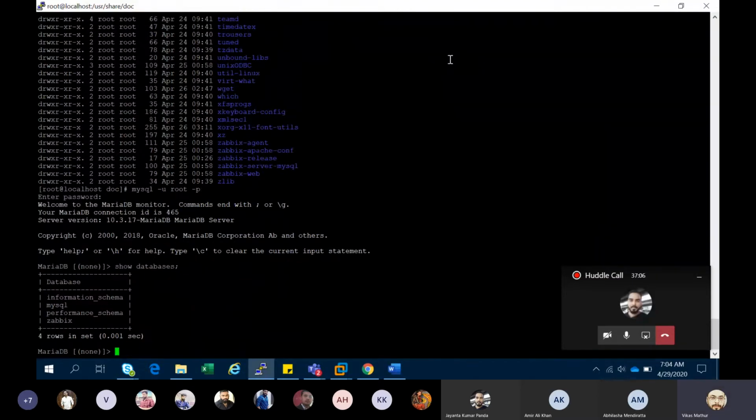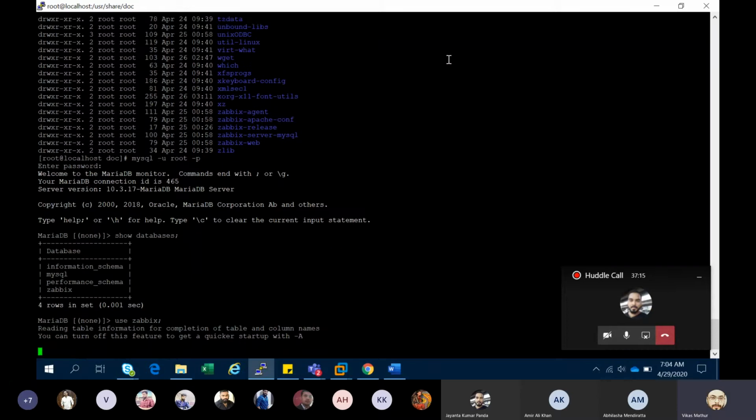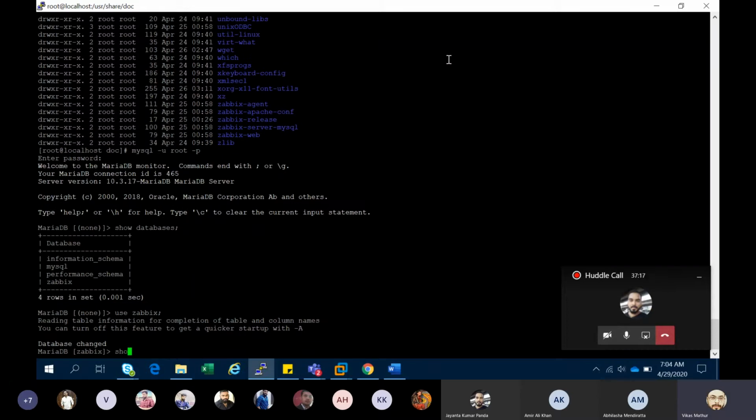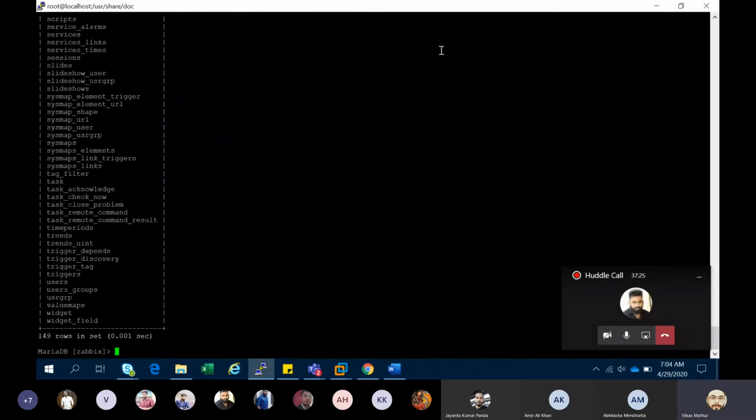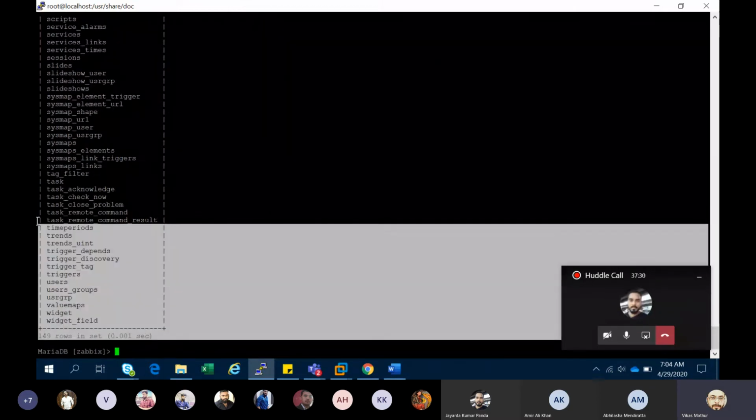This is my database, MySQL performance. These are the schemas. There are two databases, MySQL and Javix. I'm using Javix. Okay, the database changed, and so these are the tables. These are the 49 tables which are available over here.